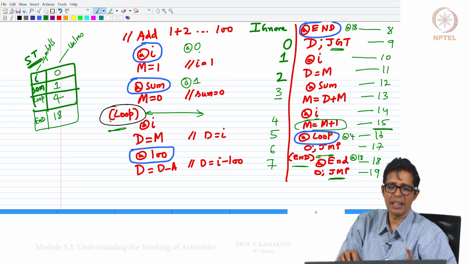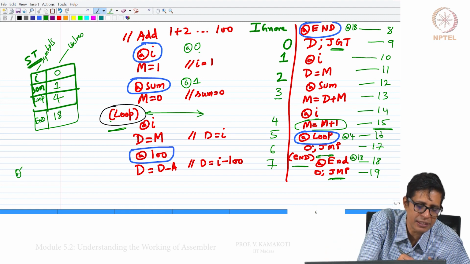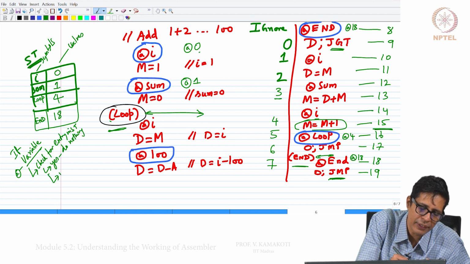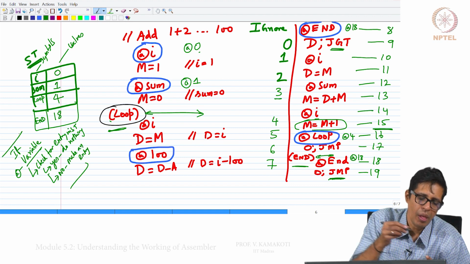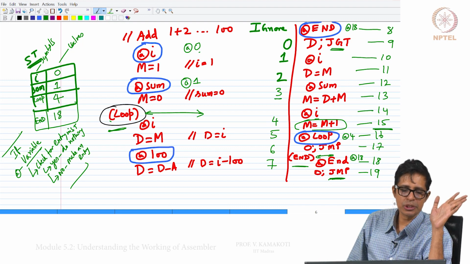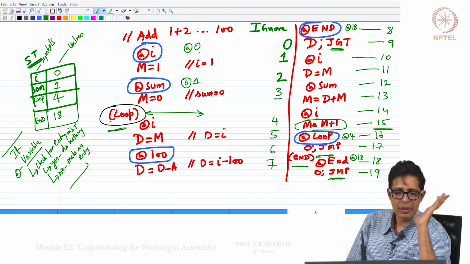This is what we do at the at instruction: if a variable is there, check for an entry in the symbol table. Yes means do nothing, no means make an entry, right. And this is what you do for every at instruction.